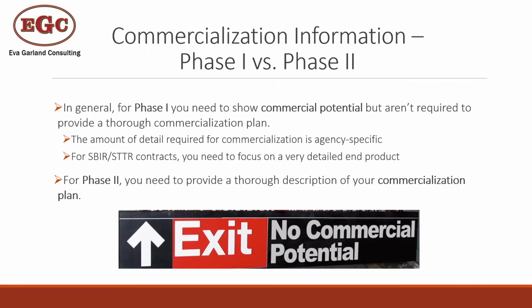For NIH, it's generally more high level: showing that you have commercial potential, what the final product would be, giving an idea of what that market looks like, and showing that there is an opportunity, a value proposition for your product. For some of your other agencies like NSF, you actually have quite a few pages devoted in your phase 1 application to fleshing out this commercial potential more than you do in, say, an NIH application. So that's why I was saying it does vary quite a bit.